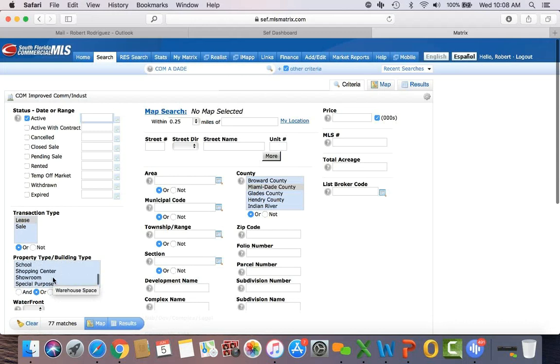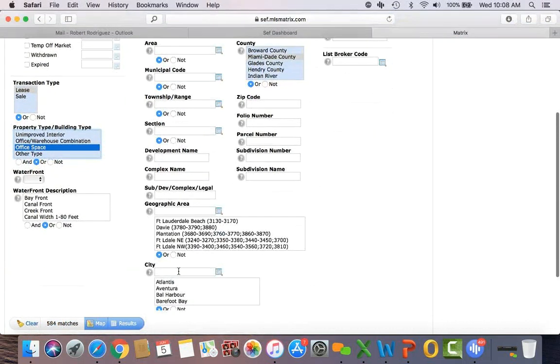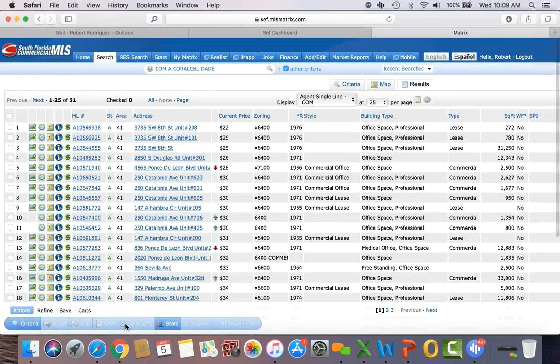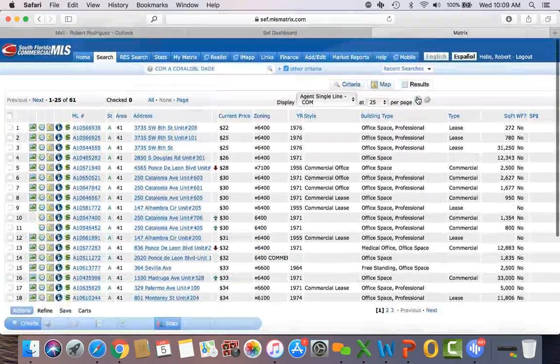space. Now, if you're looking to lease office space, you simply click on office space, and now you have 584 office spaces for lease in Miami-Dade County. And let's go ahead and enter a city like Coral Gables and see what is available in Coral Gables: 61. By clicking on results, you have, again, price per square foot, and then you should have